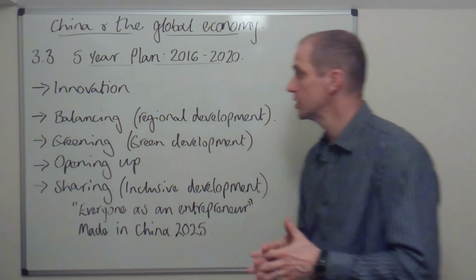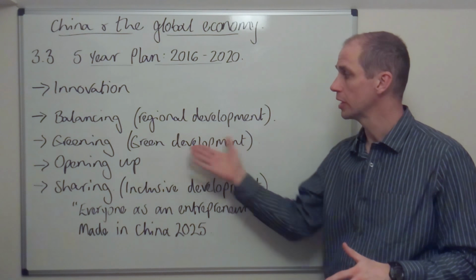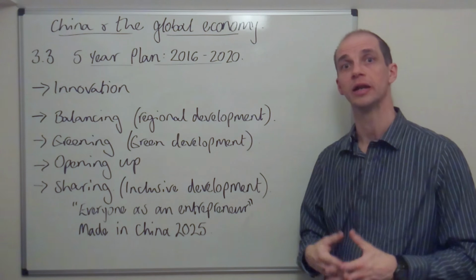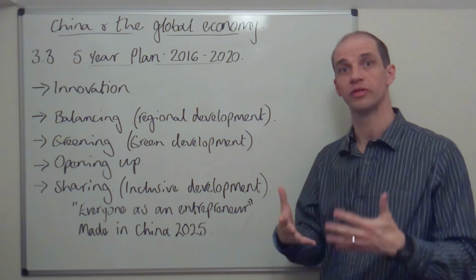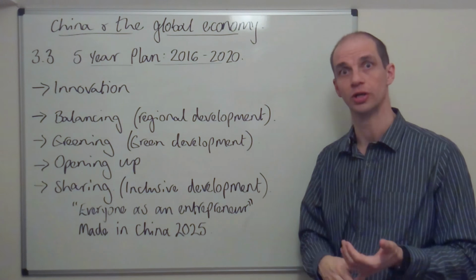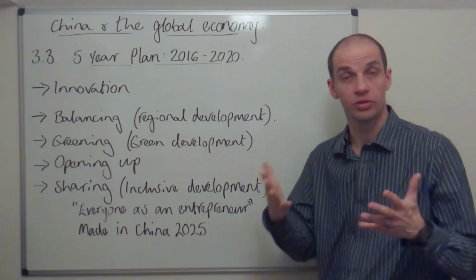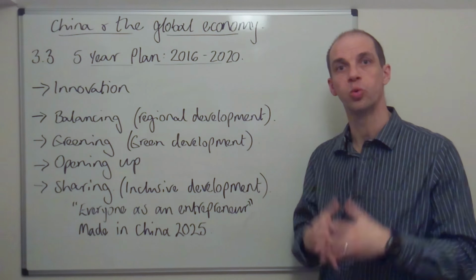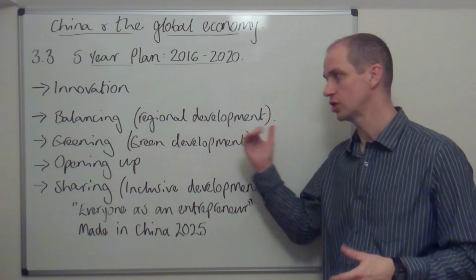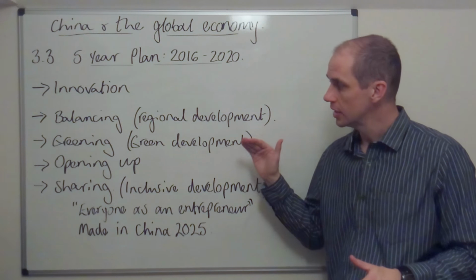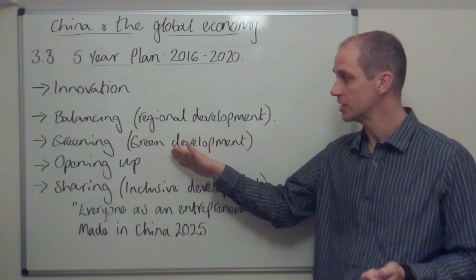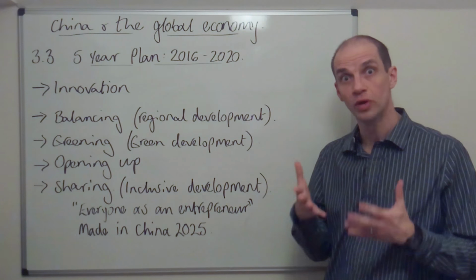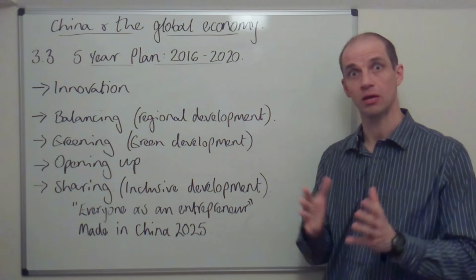Next point is about greening. Now, this is really about sustainability and promoting the sustainability of China's growth so that it is not accompanied by all of the negative externalities such as pollution and congestion and so on that we've previously discussed. So it's about a better quality of growth and not just about quantity. Now, China is also really trying to focus in on this area as a particular area that they may be able to develop a real advantage in because of the scale of their country.